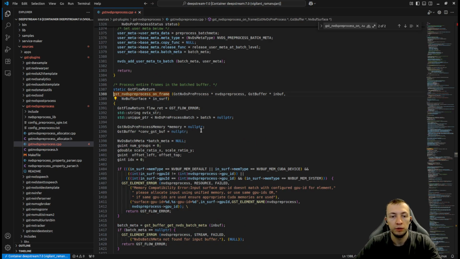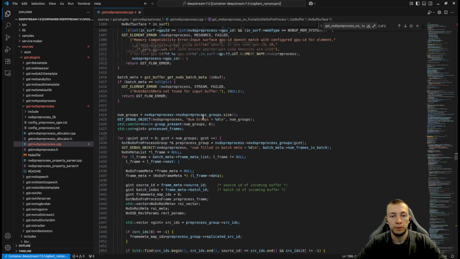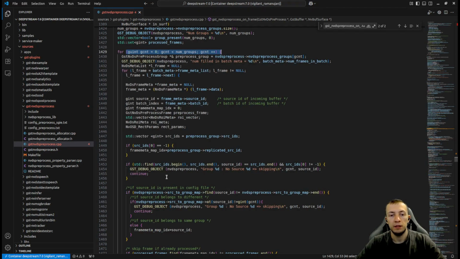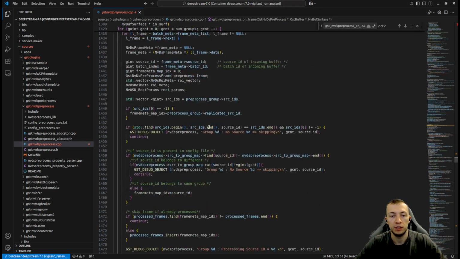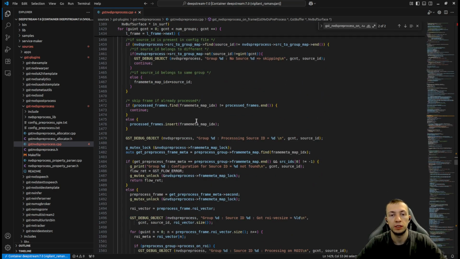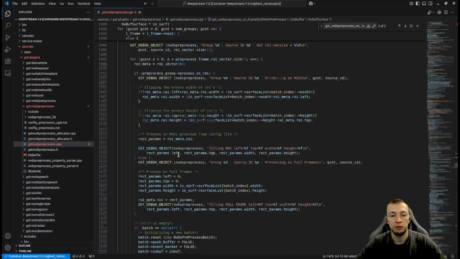Let's take a look at the on-frame function. There will be a lot of code related to handling groups and regions of interest. If your use case is simpler, you can try to rewrite this function without those conditions, so it will be easier to debug. And then introduce those complexities later. Here, after we treated regions of interest and group configuration correctly,